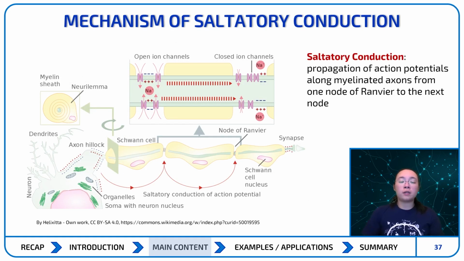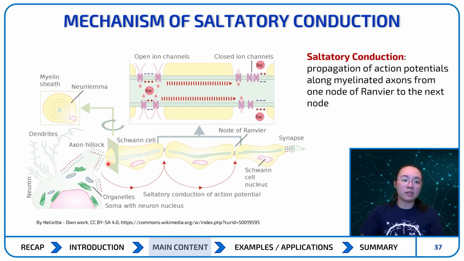Now for the mechanism of saltatory conduction. First, we have to define what saltatory conduction is. It's the propagation of action potentials along myelinated axons from one node of Ranvier to the next. So in between each of these myelin sheaths made by a Schwann cell, you have a node of Ranvier, and